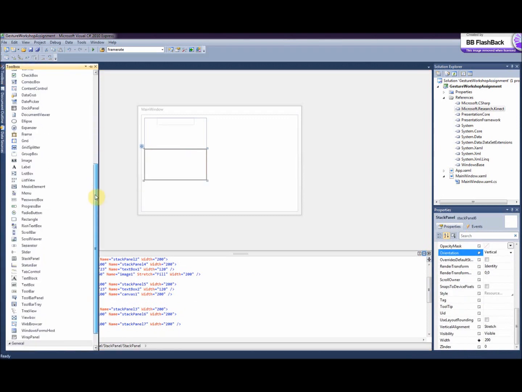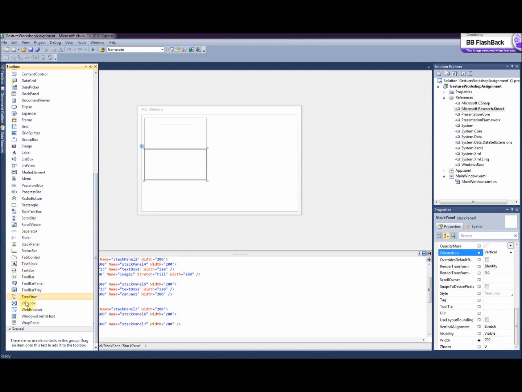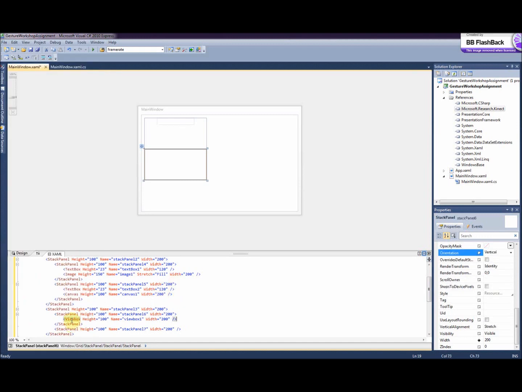Viewbox. It's not viewport, sorry, viewbox. A viewbox is actually a component that allows you to zoom into the elements. And how that exactly works, I will refer you to search online yourself. Okay, so inside the view box, I want to place